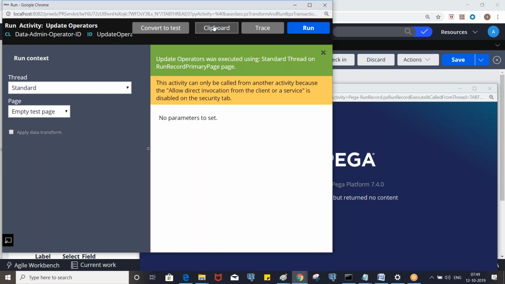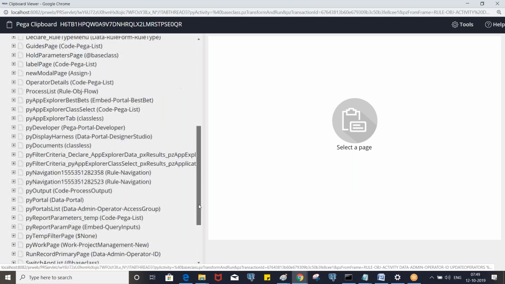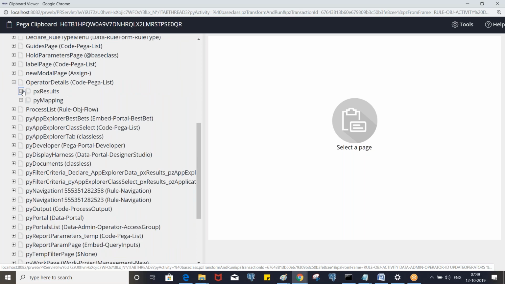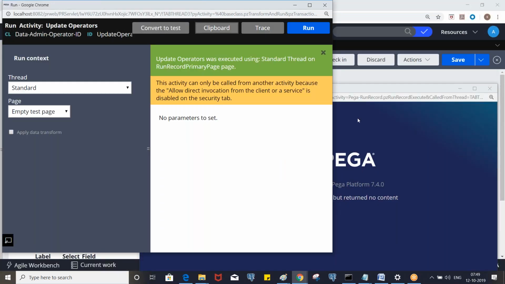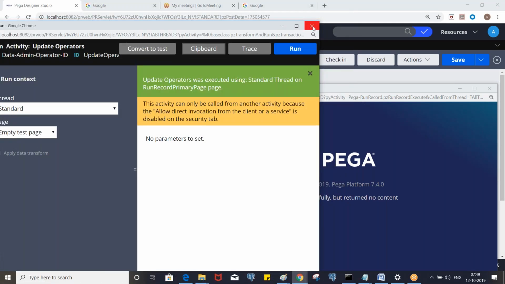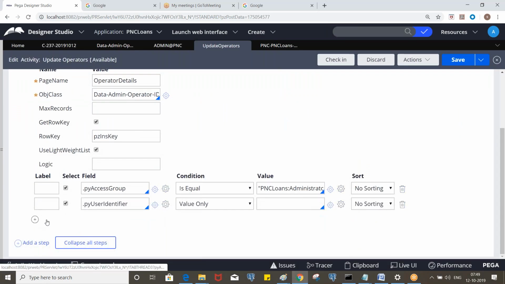And we will take the PZDNS key of each operator and fetch that corresponding record. So how many operators do we have? Okay, PZDNS key is not coming by default, so you need to include that. Okay, so include PZDNS key as well.